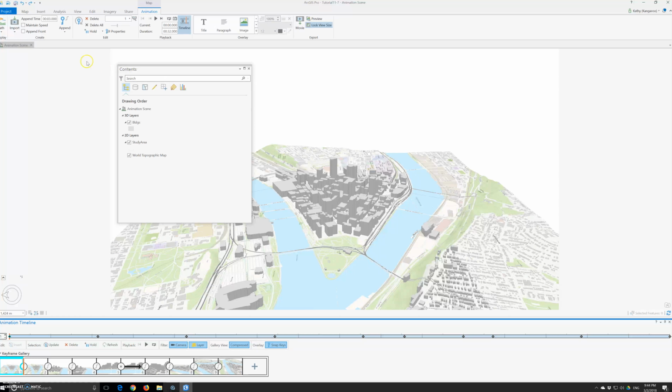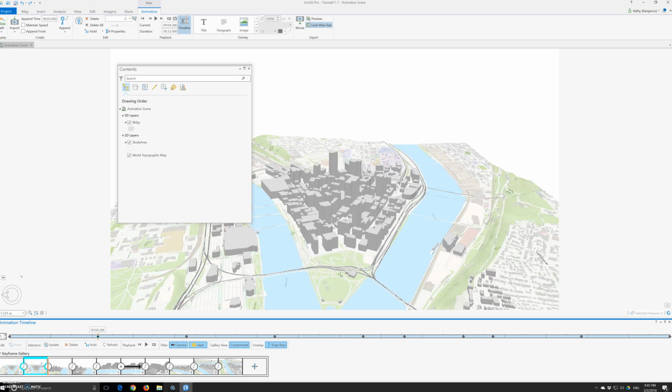Path is right here, Display and Path. So now we have the path, and this turns the camera path and keyframes on. See how the animation plays. So keyframe 2 is a little too high, so we will edit its properties to lower the keyframe. On the Animation tab, in the timeline keyframe gallery, we will double click keyframe 2. And then on the Animation tab, in the Add group, we will